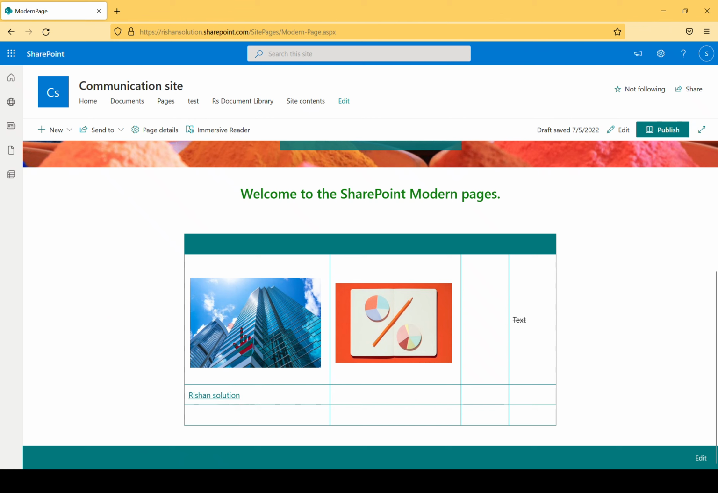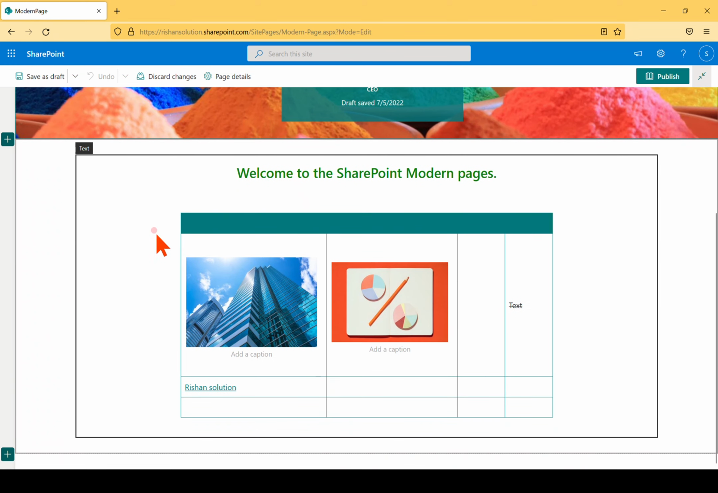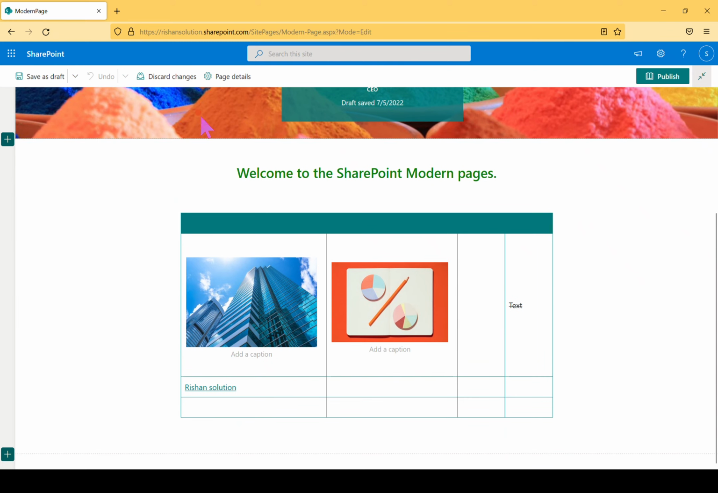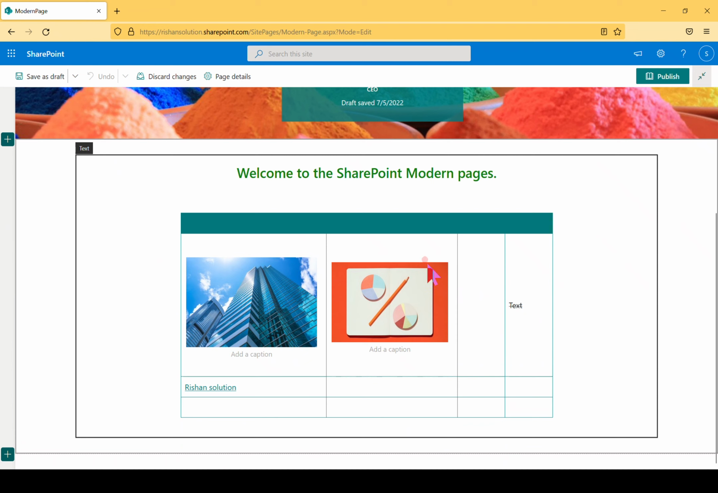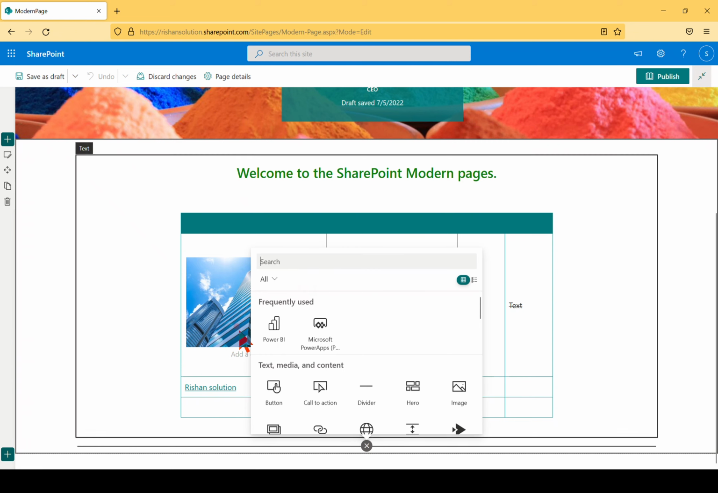So we have used this hyperlink, we have used these images as well, and we just struck through some text we have passed in the column. So this way you can add the web parts into your SharePoint modern page. I'll click this one, edit, and if you want to add any web part to this one, these two already exist when you create a page. And if you want to add any web part to this page, you'll see a plus symbol here. When you click this plus symbol, you can see